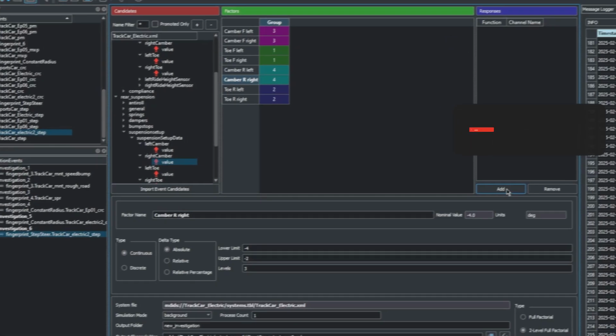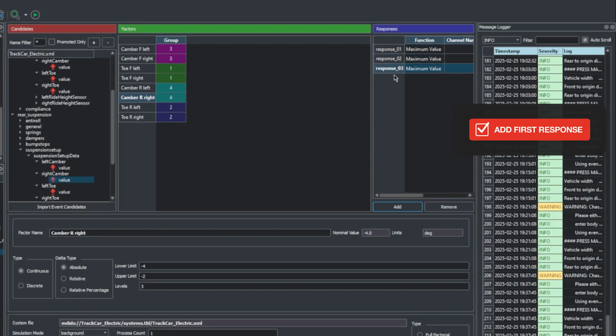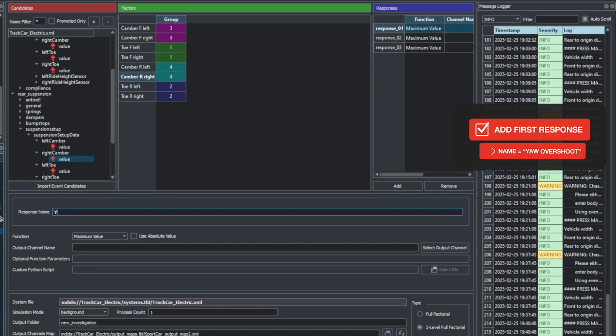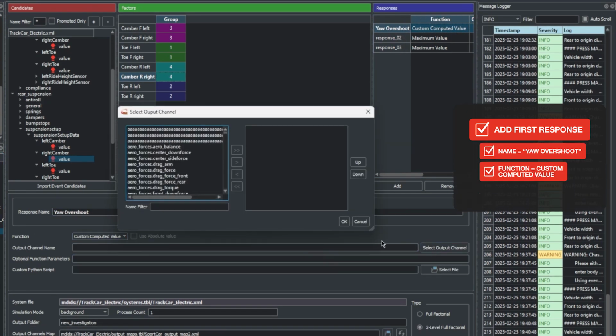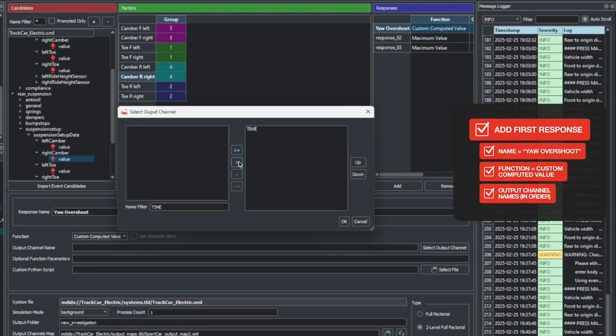This investigation will use 3 responses. Add the first one and call it yaw overshoot. Make its function custom computed value and browse for the following output channels: time, chassis displacements roll,